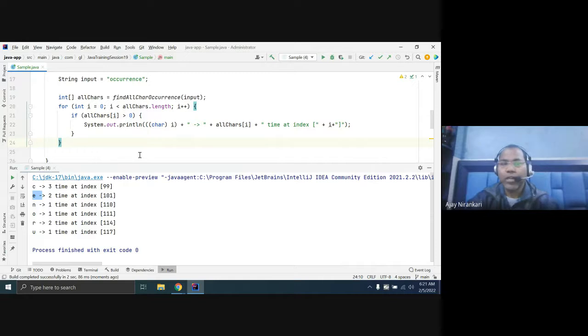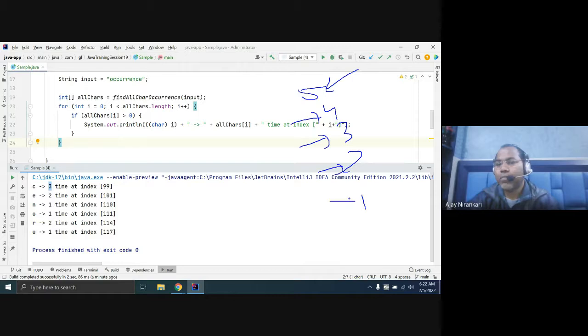So as we study, in this way we have to find the max occurrence first. If you find the max, then it's okay. If max is 3, then all the next occurrences should be less. Means if your max is 5, then the next ones should be 4, 3, 2, 1. So you only need to find one maximum. After that, you can just minus 1 to get the next max, minus 1 to get the next one, and so on.